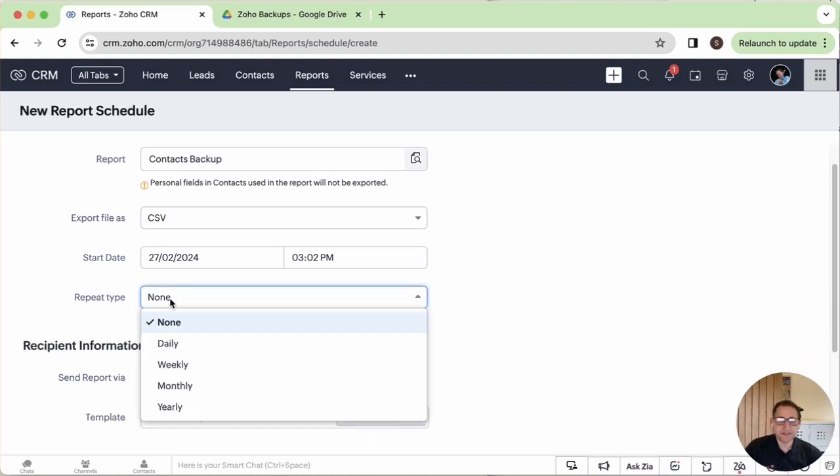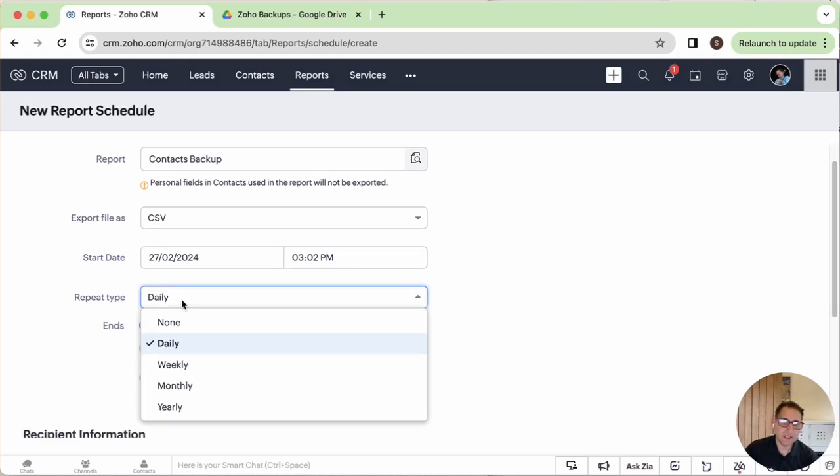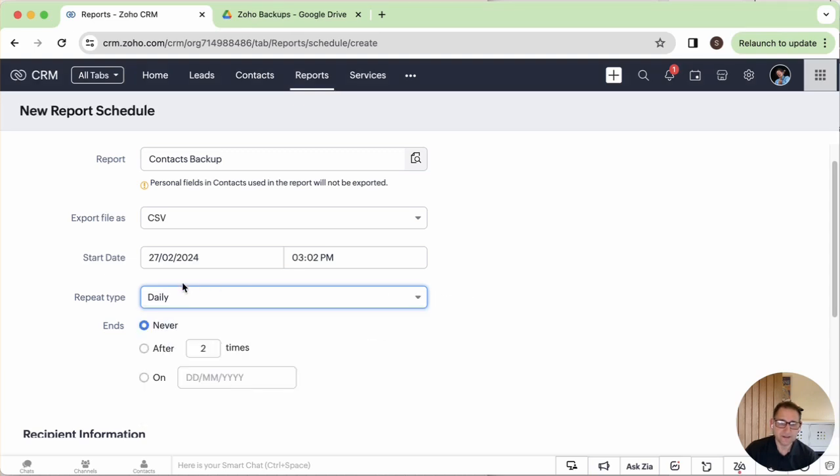And then here's your repeat type, so you can do daily backups if you like, or you may choose to do weekly, but the Zoho one is twice monthly, so this would only come into play if you wanted daily backups, weekly backups, or you wanted to store to a separate location. We're going to use Google Drive in this instance. So I'm going to go daily,